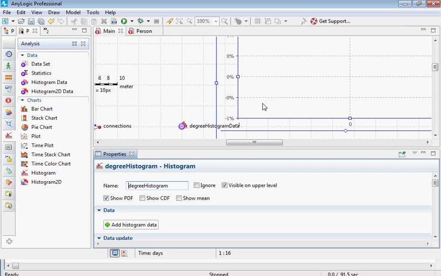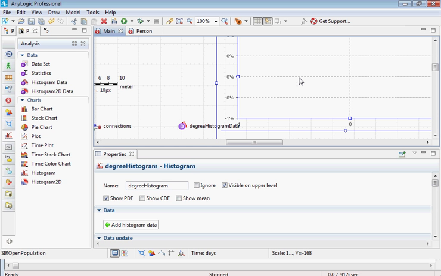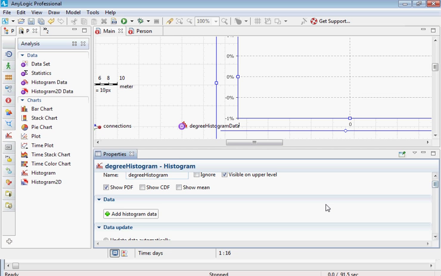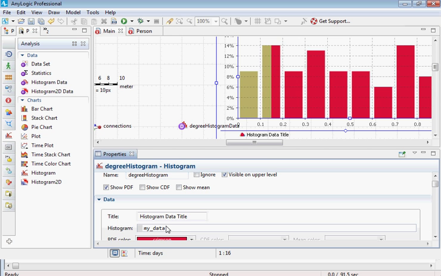How do you think we do that? Let's look at this degree histogram. How do you think we would connect it up with the corresponding data object? Do you see something that might be of use? On properties. Yeah, data. There, add histogram data. Okay, so let's add that in. And we're going to say,